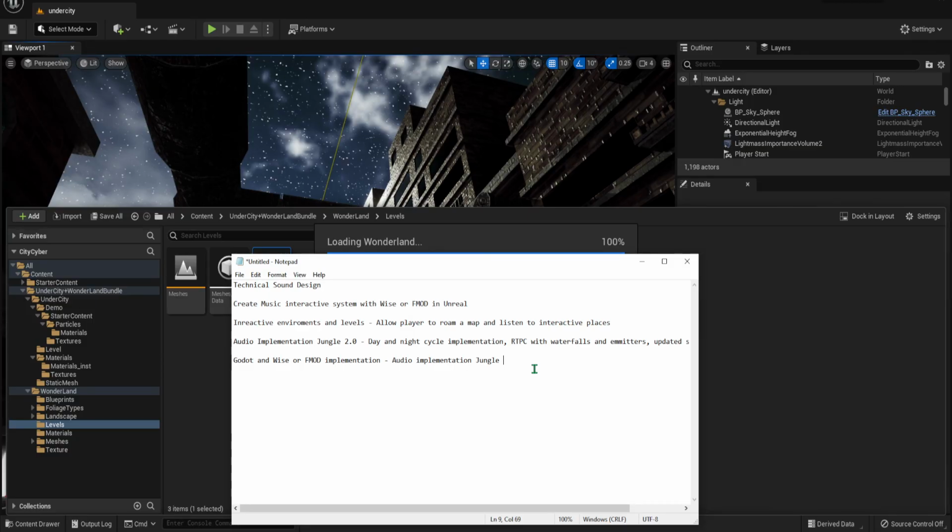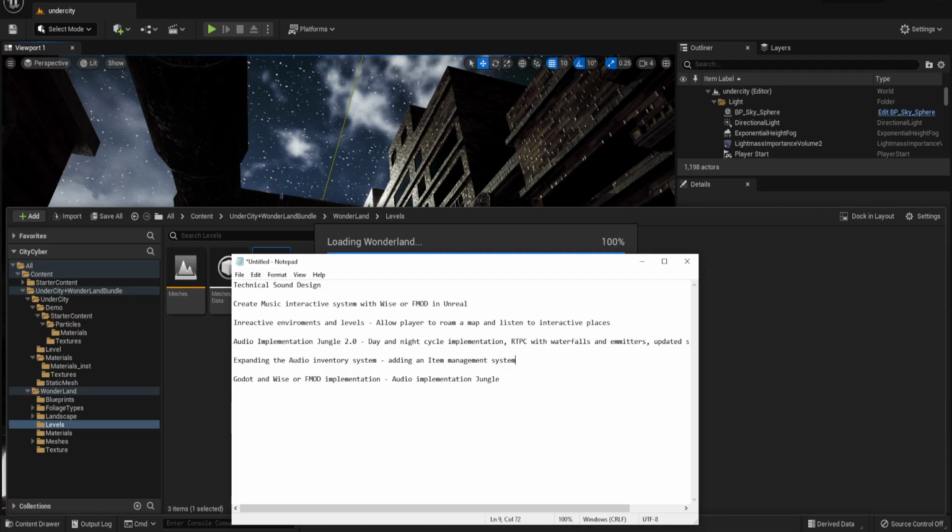Of course, let me go ahead and add expanding the audio inventory system, and adding an item management system.